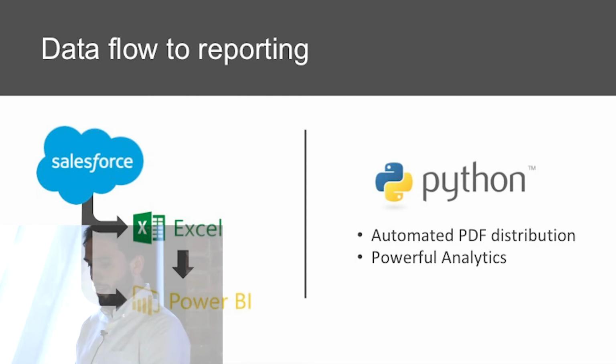In data flow to reporting, I use a ton of Excel and Power BI, and those are fantastic tools that enable continual access to data that's real time. But doing that through Python allows you to have total control over the file structure and do things like automated PDF distribution. So there's a big gap in my organization between technical access and the paper tracking that happens. So I did some PDF distributions to make sure that everybody had data in hand every week where they could track the services they're providing.